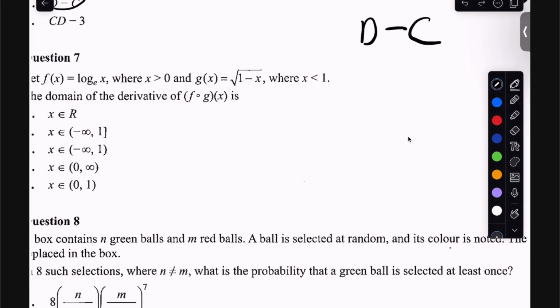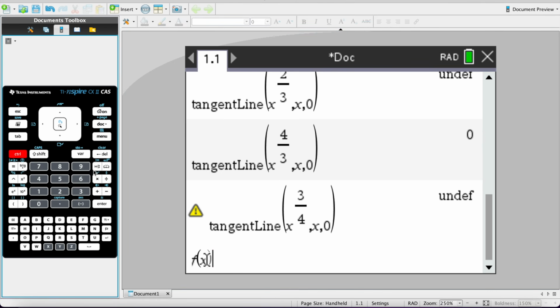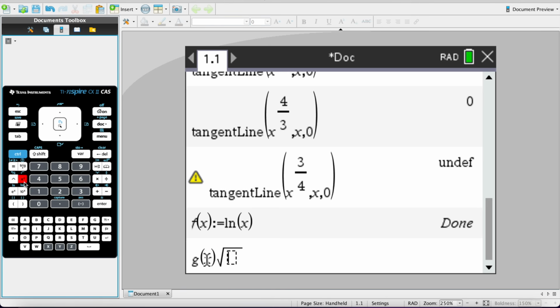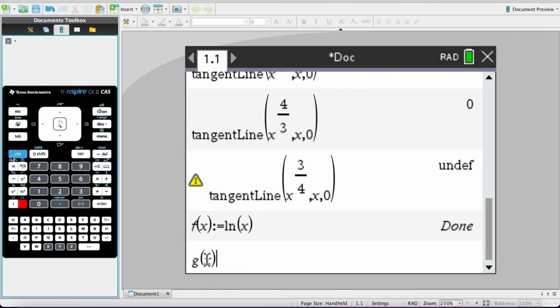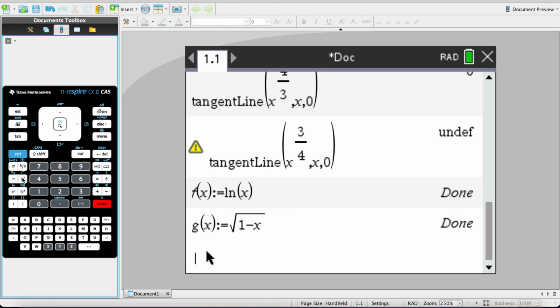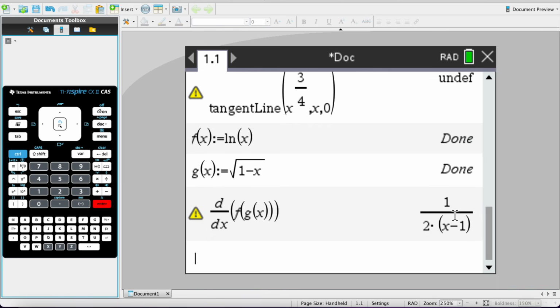The derivative of f of g, let's just use the CAS. So I'll first define f of x as log base e of x, or ln x, and I'll define g of x as the square root of 1 minus x. And then we want f of g of x, and we want the derivative of that. So derivative f of g of x, that's that. And it looks like it's going to be,